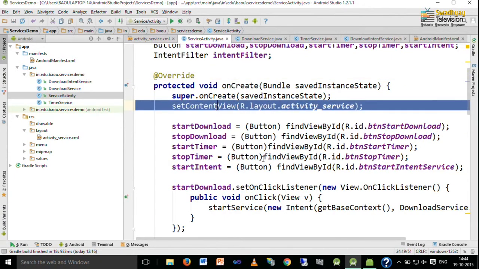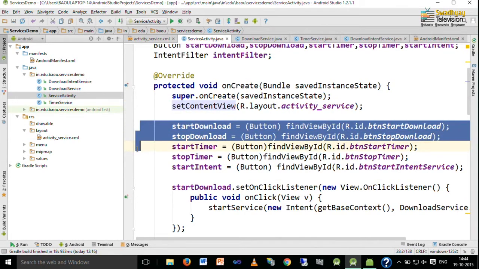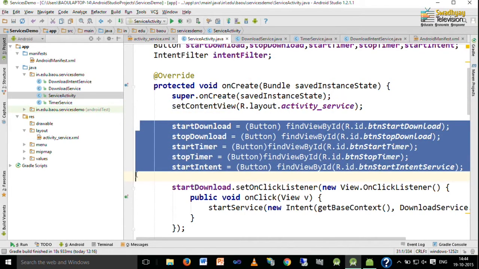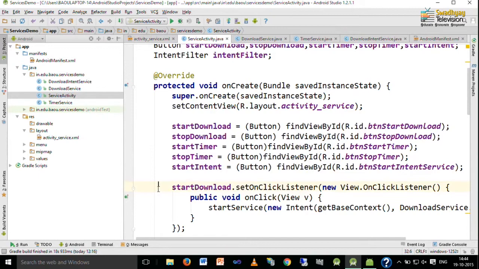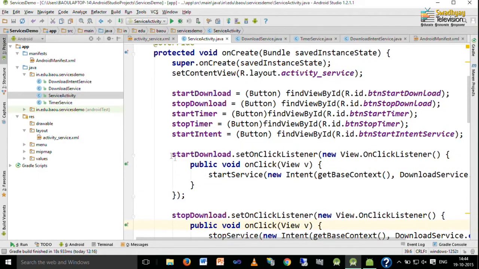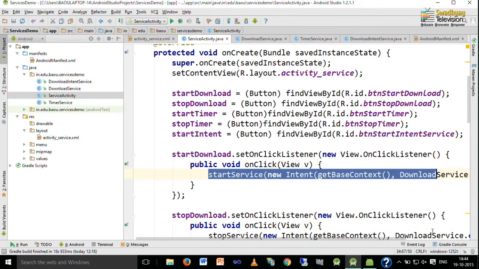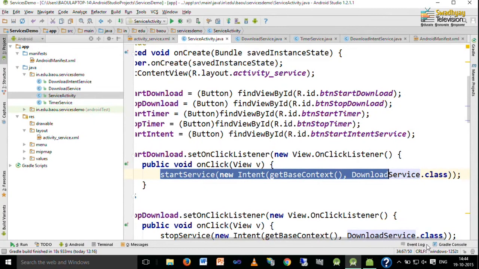Inside onCreate, first we set our layout using the setContentView method, and then we take references of our 5 buttons at design time with IDs similar to our button objects. Inside the start download button, which is our first button, we call one service named DownloadService.